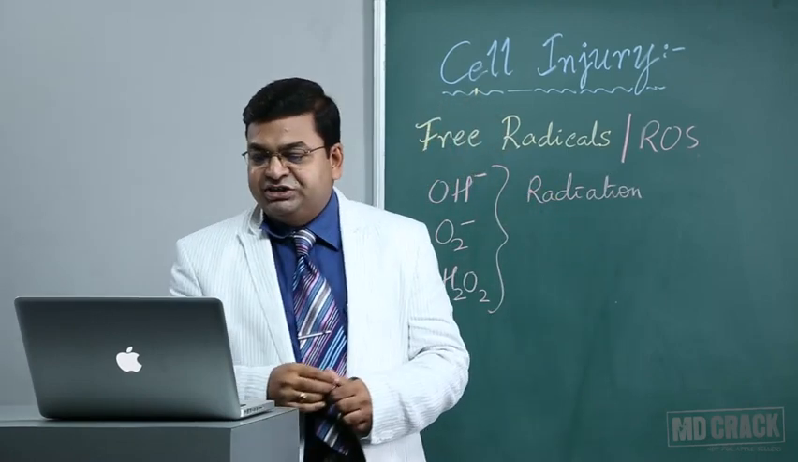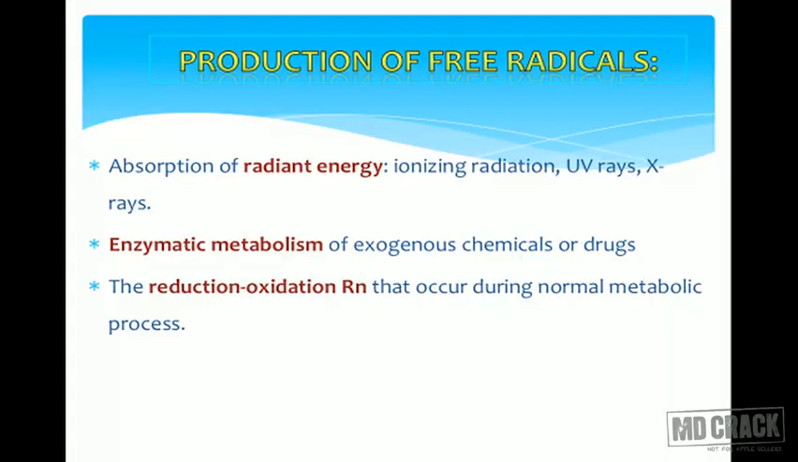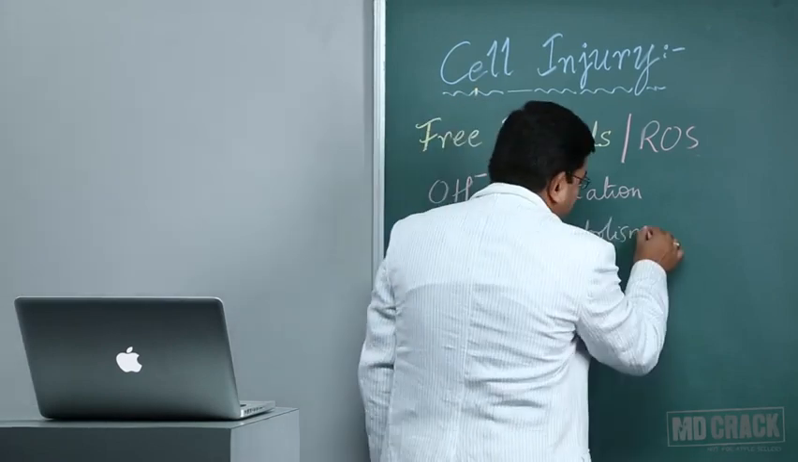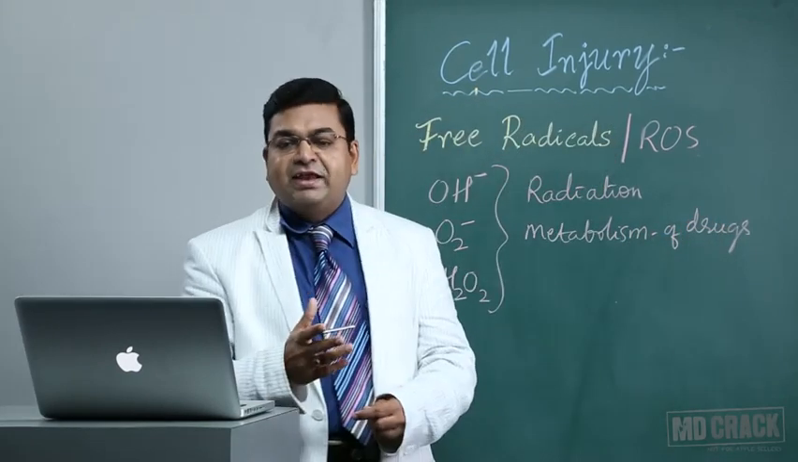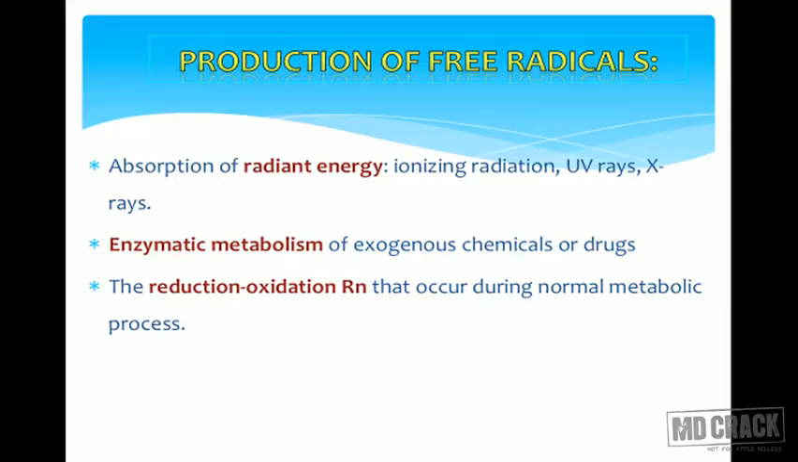Exposure to ionizing radiation like ultraviolet rays, X-rays, and a variety of therapeutic ionizing radiation can make for more and more absorption of radiant energy and more production of free radicals. And enzymatic metabolism of exogenous chemicals and drugs can also cause the formation of free radicals in excessive quantity, and the reduction-oxidation reactions that occur normally during the metabolic process are also a condition where the production of free radicals takes place